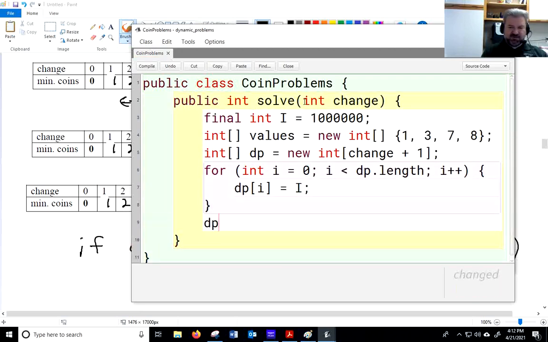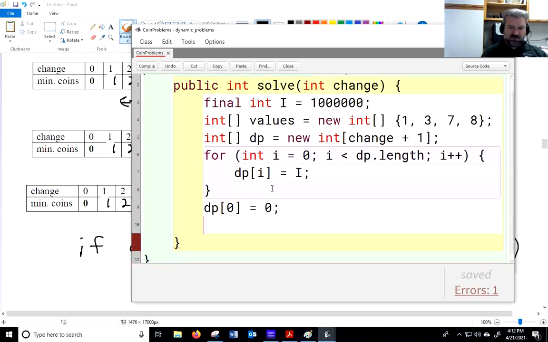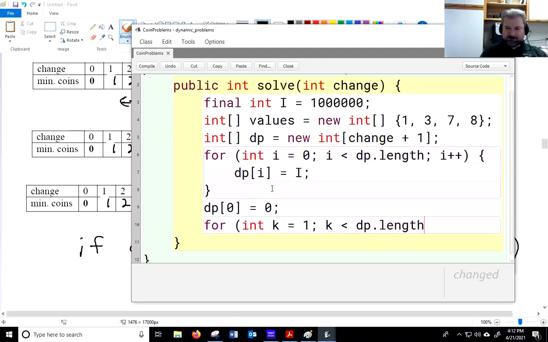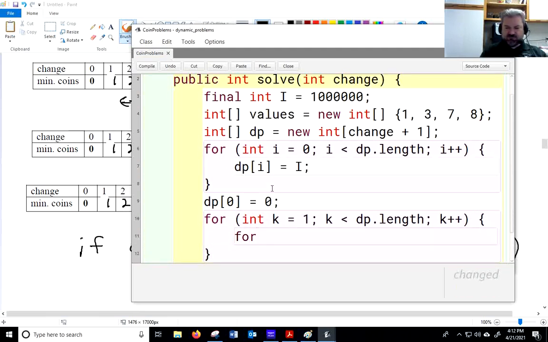Now I need to set my base case. Well, my base case was that if you want no change back, I know how much change it takes me, just 0 cents. Now that I've done that, I simply need to do a loop through here and solve it. So I'll say for int k equals 0, actually 1, we're going to start at index 1, k less than the length of the array. I'm going to solve it at each index, but I got to loop through each coin value. So I'll say for int v equals 0. Actually, I'll just do a for each loop. For int v in values,